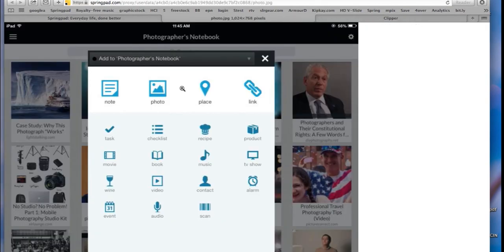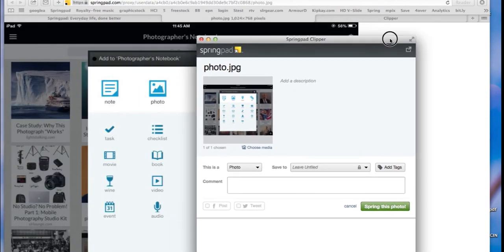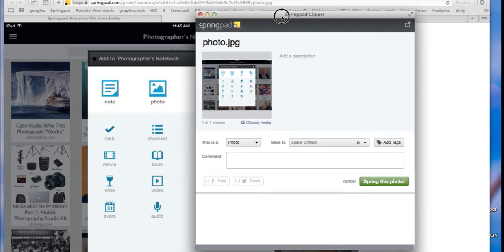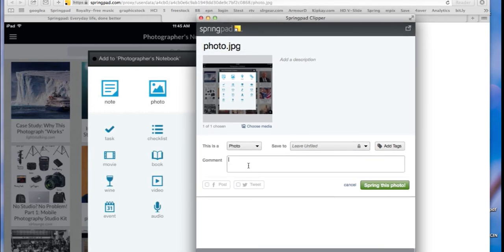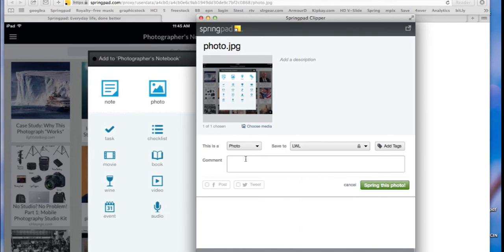But let's say I want this article saved somewhere else. So I'm going to spring it. And I click here. Let's see if I can spring a face. Yeah, so I can spring this article. The little web clipper comes up, and I can write a comment. I can also post it to Facebook or Twitter. Again, fully social. I can save it to a notebook, so we'll put it into Learning with Lockwood as a